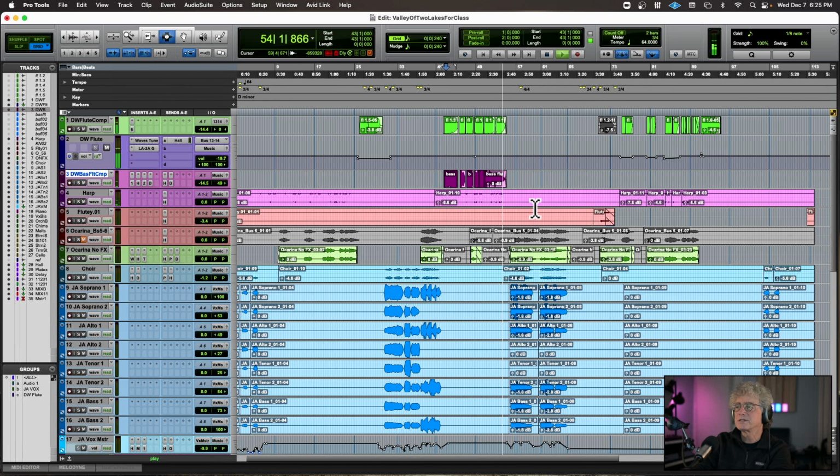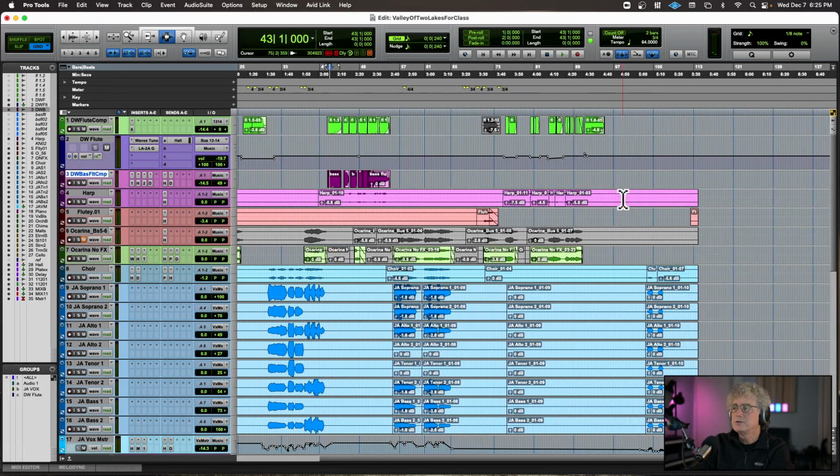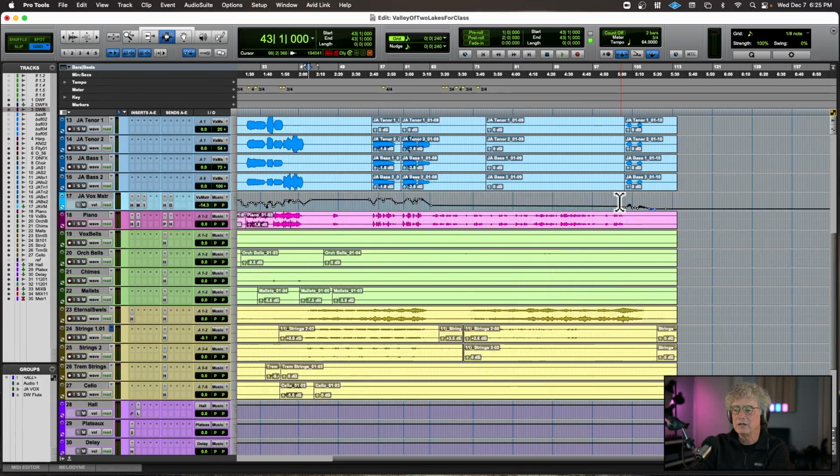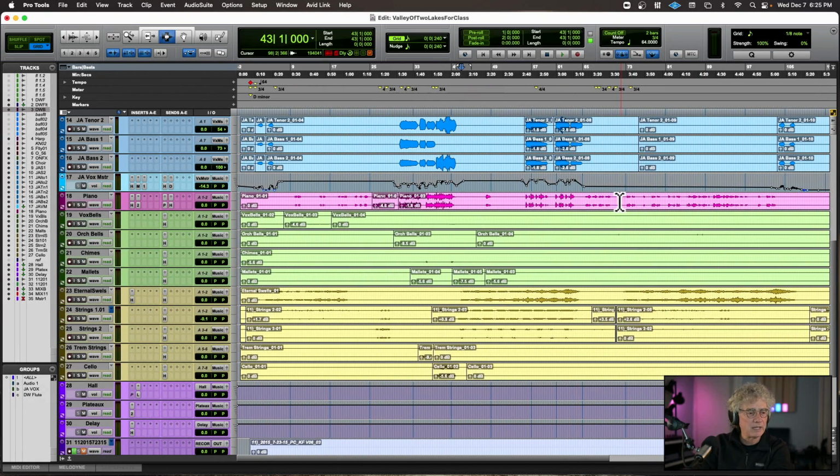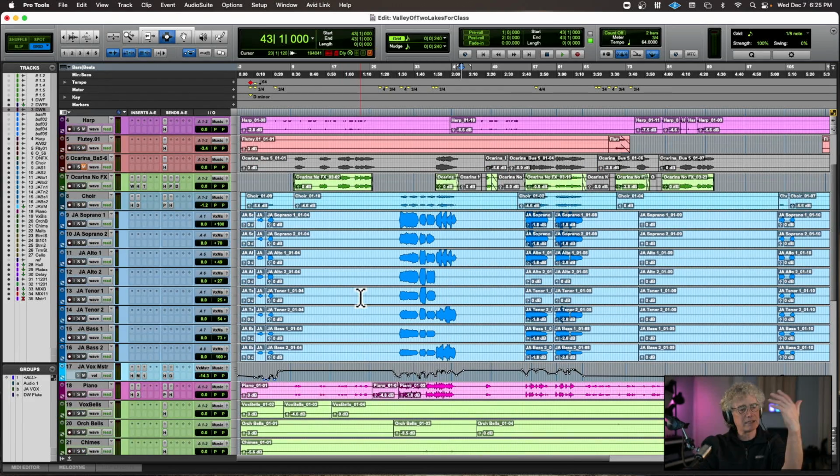Right, and then the next section with the sampled ocarina comes back in. But because the vocals are taking center stage there, you don't really notice that we're going back to a sampled sound. So this is, again, the benefit of you guys knowing technology: you can create quite a beautiful score or piece of music and then just move it to that next level by adding some human beings to it and learning how to blend all that together. It works really well.